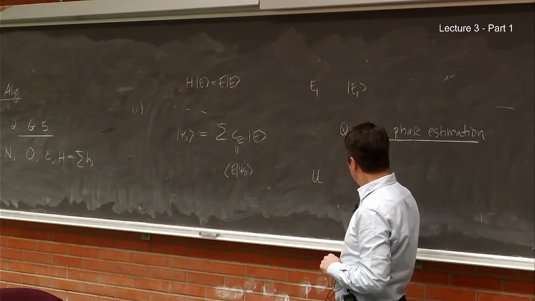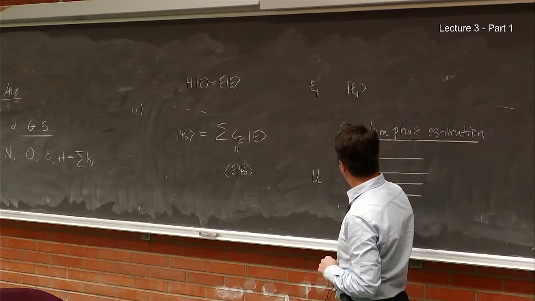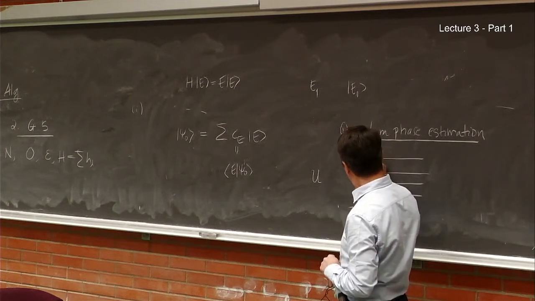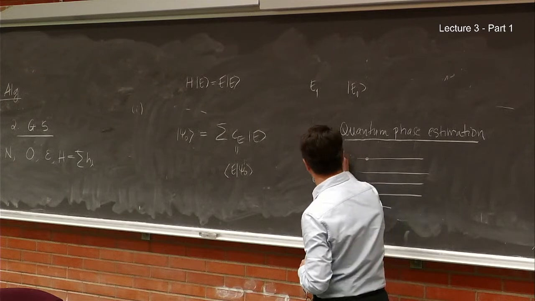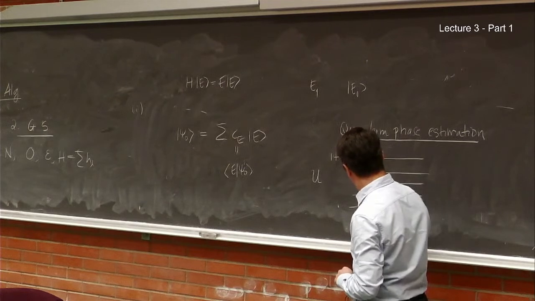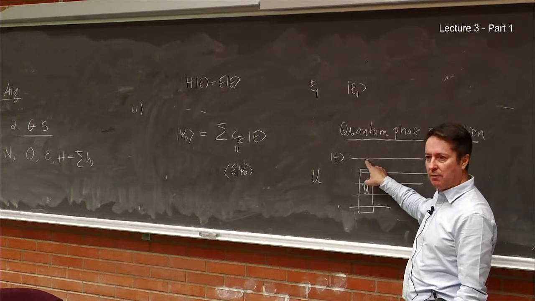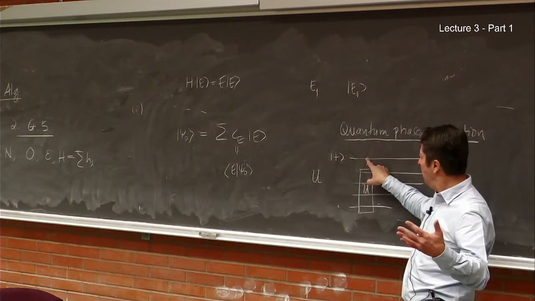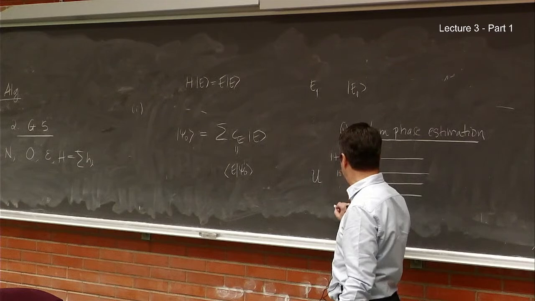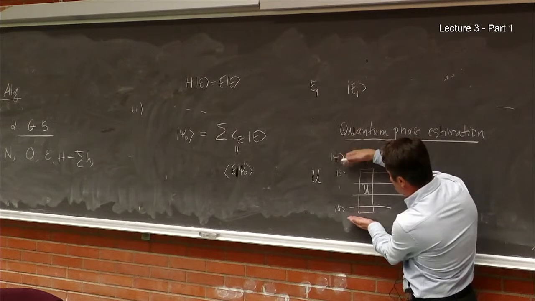So what you can do is you take your quantum circuit and you take an auxiliary particle, which you call ancilla, and you do a controlled unitary operation. You take an ancilla first in the state plus, and then it does control U. This means that if the state of the ancilla is 0, you don't do anything, and if the state of the ancilla is 1, then you apply a unitary operator to the rest of the qubits, and the other qubits are in 0, all of them. So these are the n qubits where you are applying your U. You put an extra one, and then you do that.